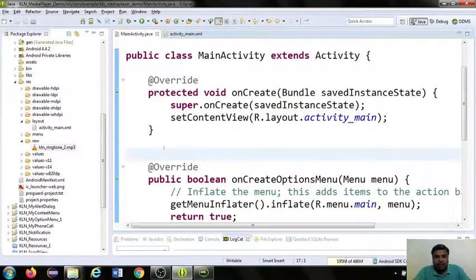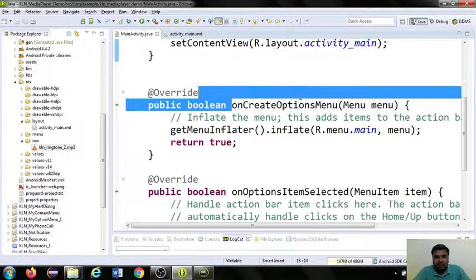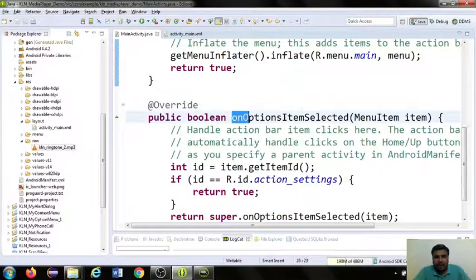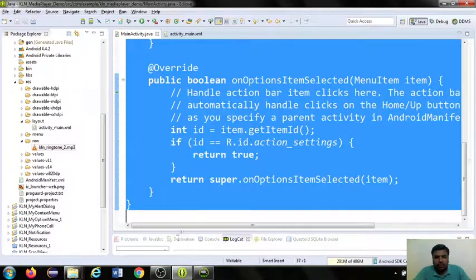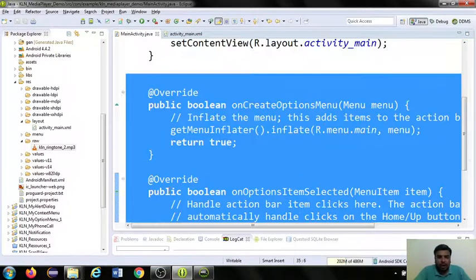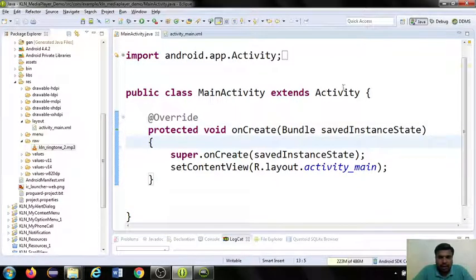In this stub, we need only the onCreate method. The remaining methods, for example onCreateOptionsMenu and onOptionsItemSelected, are not necessary as of now for this project. So I am going to delete that code in order to avoid unnecessary confusion. This is the only method we need for this project.